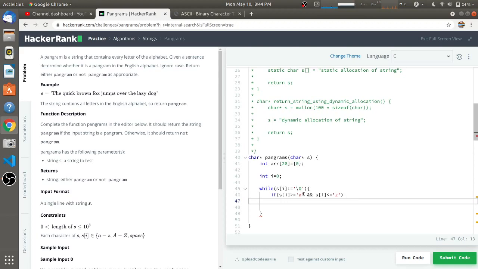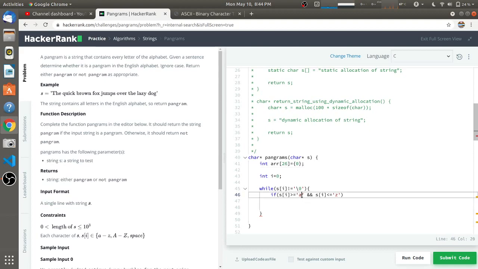What I have to check is that if the character is small a, then I have to put it into the 0th index of this array. I don't have to put this a into the array, but I have to increment the 0th index value by 1.